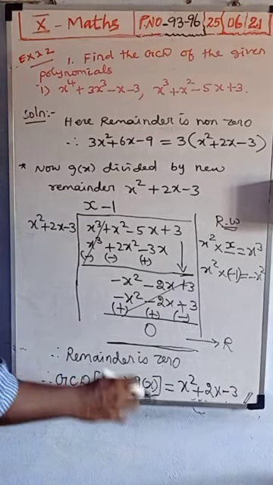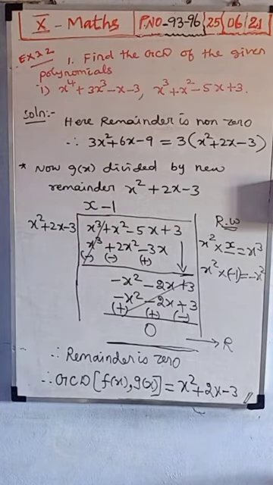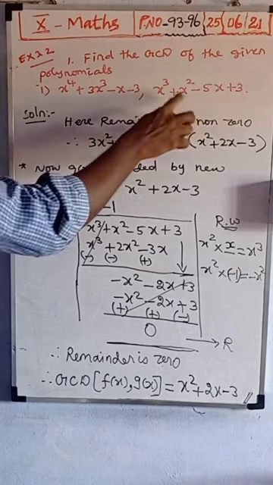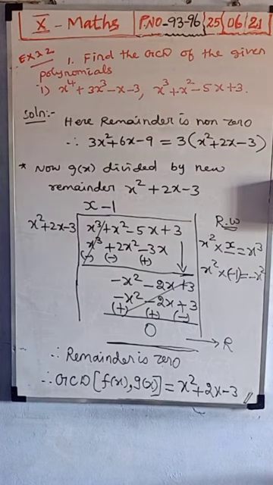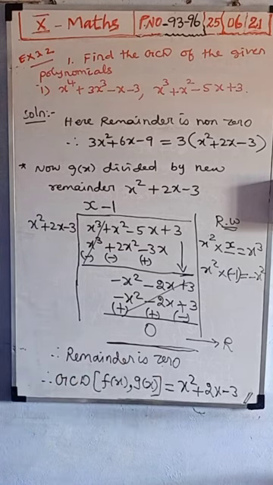So in these two polynomials, which one is the greatest common divisor means x squared plus 2x minus 3. This is called GCD. Okay. So this polynomial we can divide, this polynomial also we can divide, and this polynomial also we can divide. Commonly we can divide. Any other polynomial we can divide or not, we cannot divide. Exactly this polynomial x squared plus 2x minus 3 only we can divide both the polynomials. So this is called GCD, greatest common divisor.